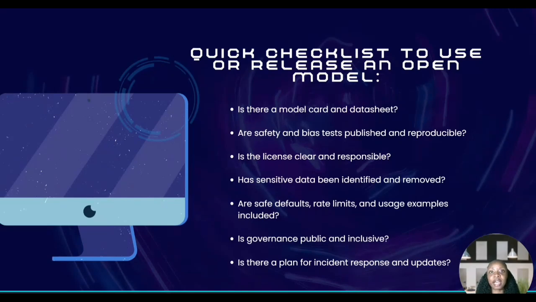Summarily, open source AI can be the bedrock of trustworthy tools, but openness alone is not enough. If you care about ethics, help document, demand model cards, and push for governance, make the safe part the default part.